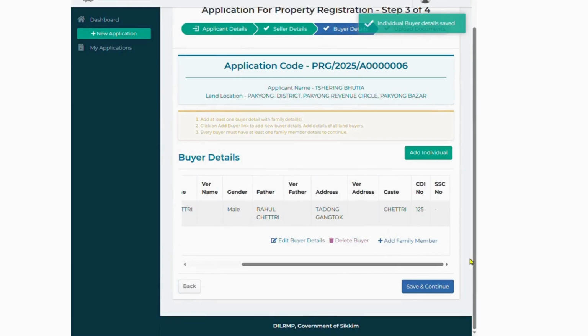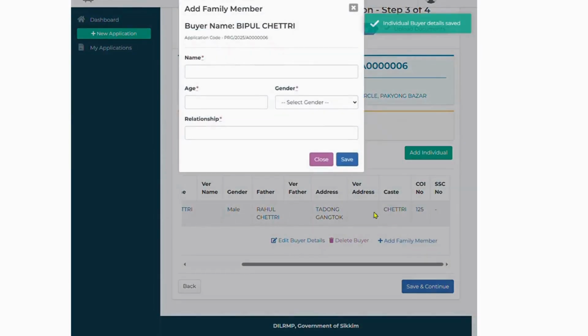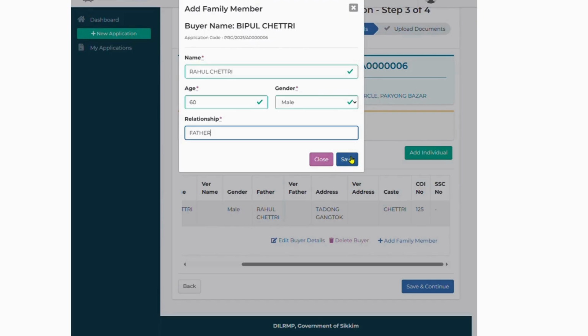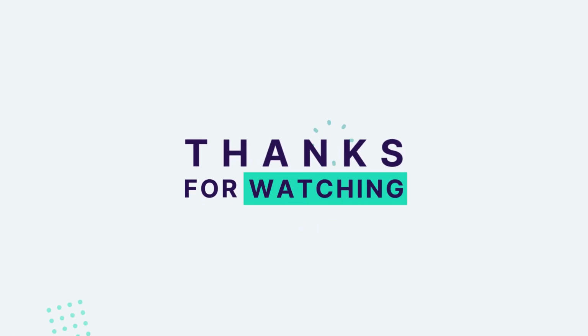Now, you need to add at least one family member of the buyer. Click on the Add Family Member option and enter the basic details such as name, age, gender, and relationship. Then, save the details. In the next tutorial, we'll cover how to upload the applicant's documents and complete the online